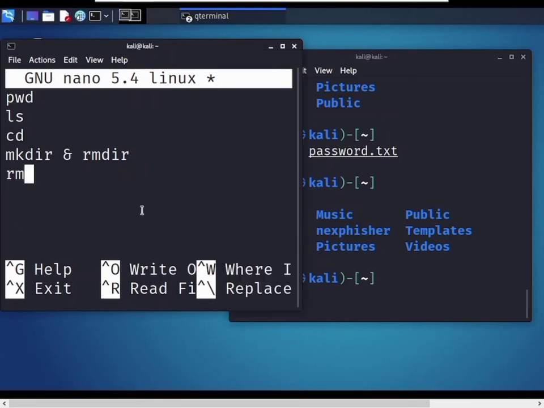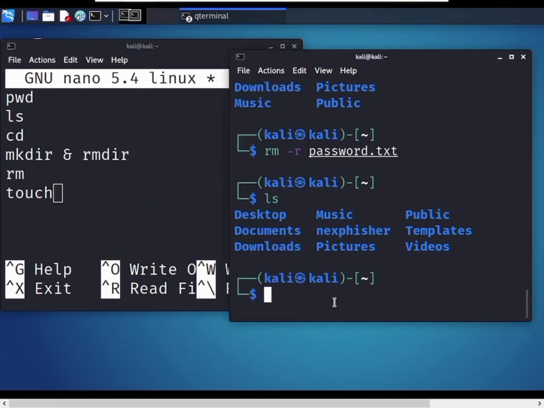Now let's move to the next command, touch. The touch command is used to create a file, and it can be anything from an empty text file to an empty zip file. For example, now I want to create a password.txt file.